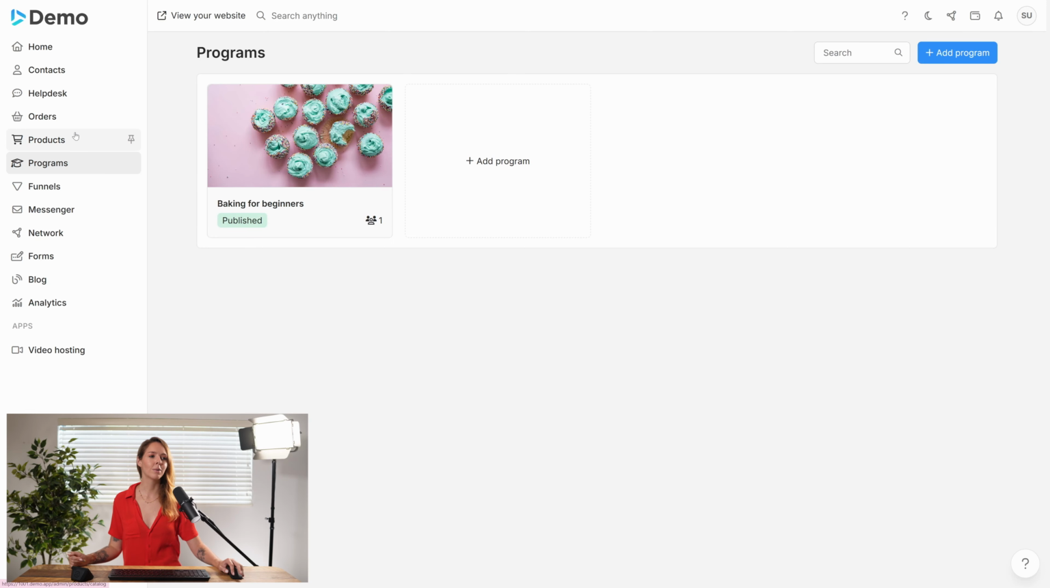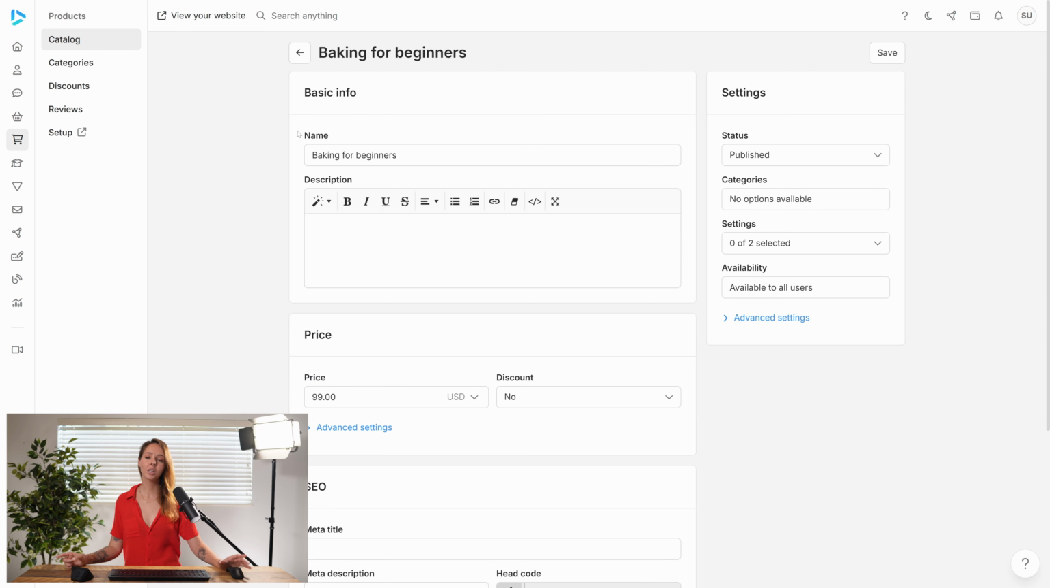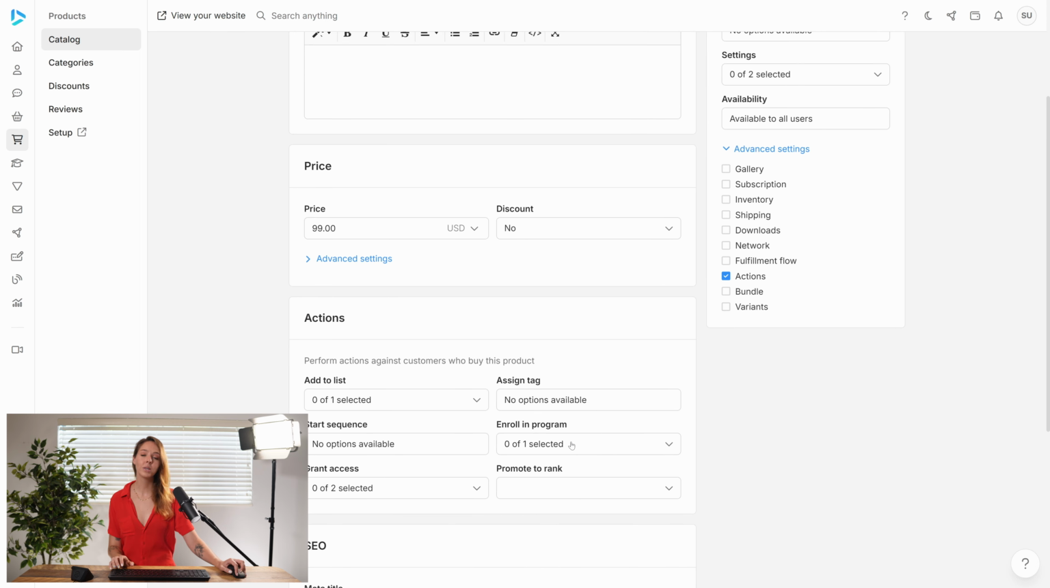So if I navigate to our products here on the left-hand side, and I come here to the product that we created previously, our Baking for Beginners product, I can actually enable this to sell the program or to enroll my students in the program when they purchase this as a product. And to do that, I'm going to come here to my advanced settings on the right-hand side, and I'm going to enable my actions. And here in my actions, I want to enroll them in a program. And so I'm going to select the program that I want to enroll my students in when they purchase this